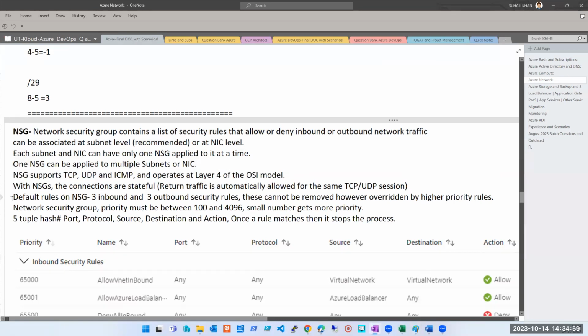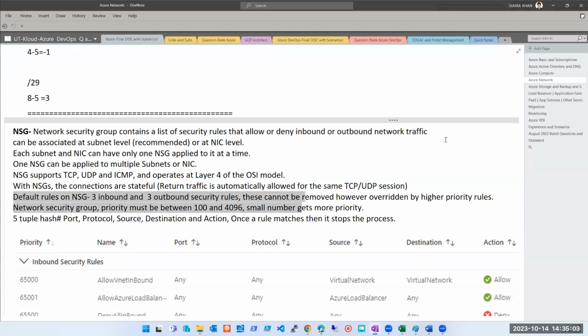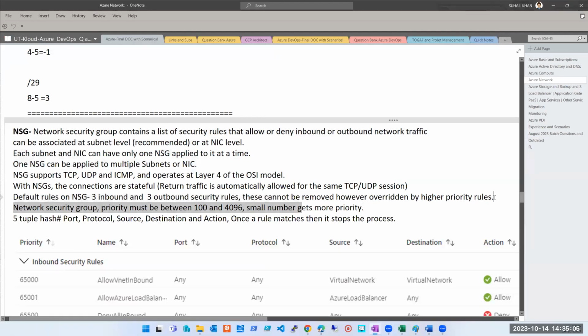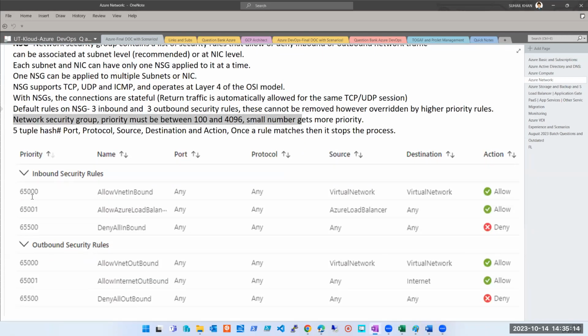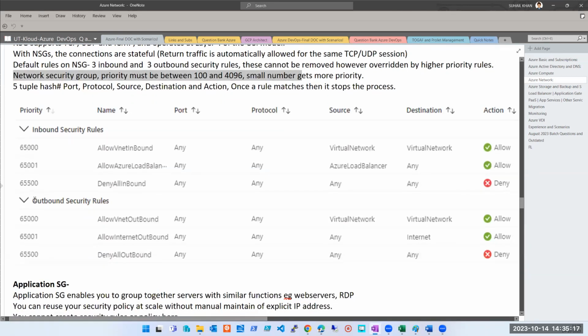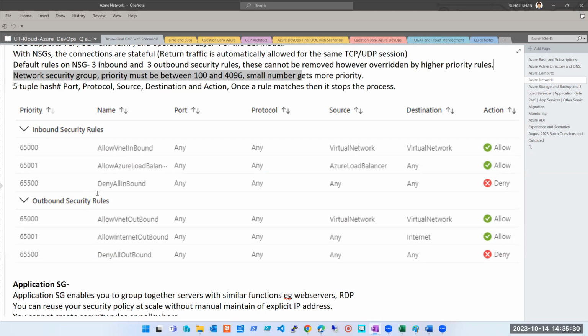Okay. Very important questions. Even if you don't understand, still you have to remember it, but you should understand it very well. This is very important: default rules. A must-ask question. The moment you go to the NSG topic, they will ask how many default rules are there and what are those. What does default rules mean? The moment I create an NSG, I will see these rules there. They are already built into those NSGs.